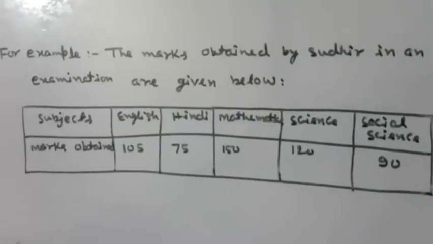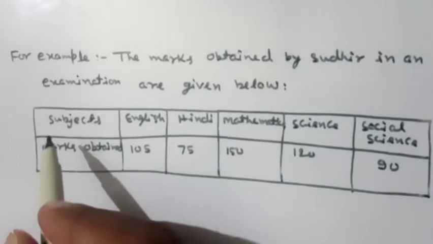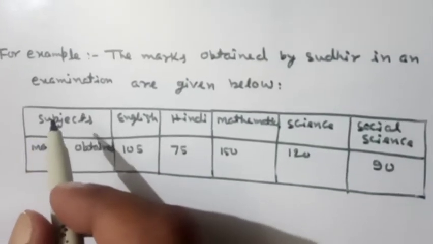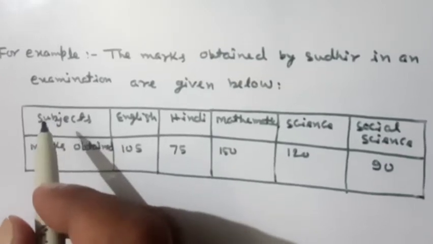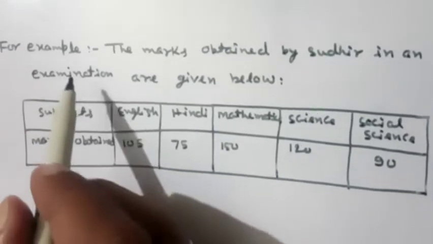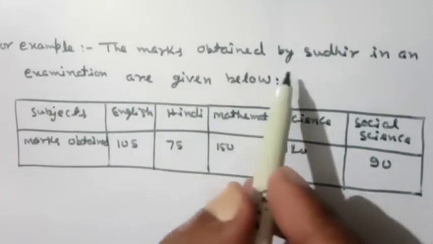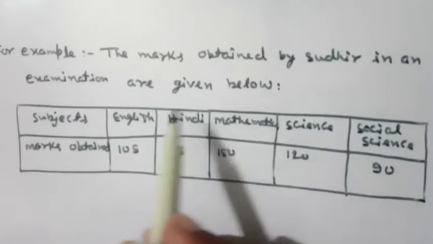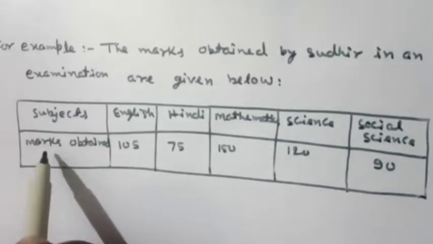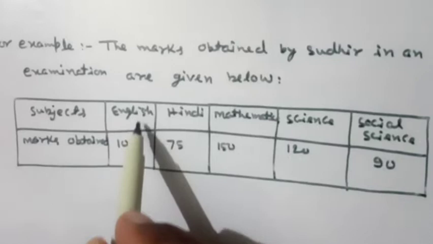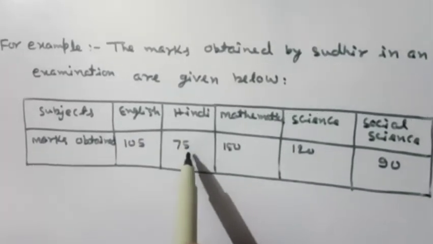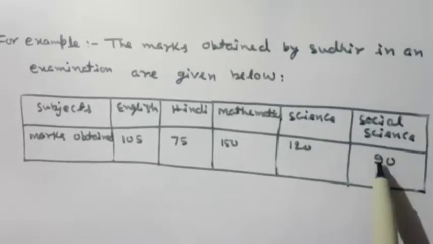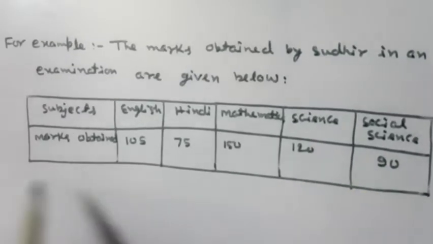Children, now I am going to discuss how to draw a pie chart with an example. For example, the marks obtained by Sudhir in an examination are given below. Subjects, marks obtained: English 105, Hindi 75, Mathematics 150, Science 120, Social Science 90. Solution: